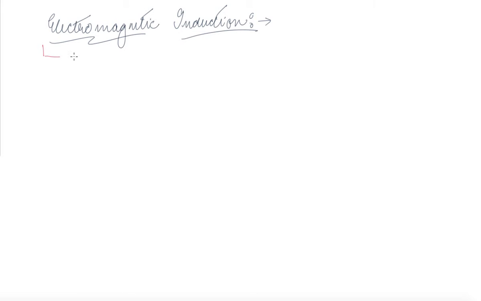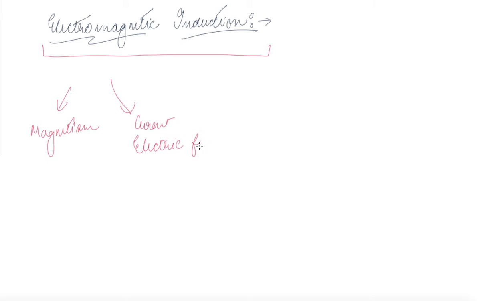So, in this chapter of electromagnetic induction, the most important thing is that we have to know with the change in magnetic field, there is a creation of current, and with the change in electric field, there is a creation of magnetic field. So, one is related to magnetism, the other is related to current or electric field. Sorry, let me write this in a proper way. This is electric field. So this is the basic backbone of this chapter, electric field,